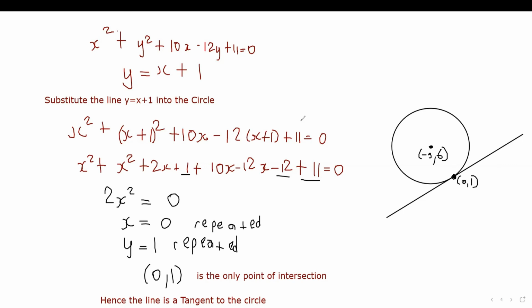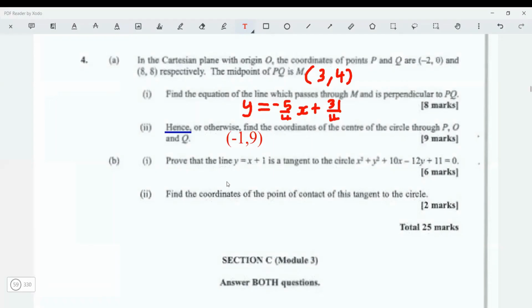Yep. Nice. Moving right along. The next part says find the coordinates of the point of contact of this tangent to the circle. We already did it in part one, in one step. The coordinates of the point of contact of the tangent with this circle is (0, 1). So you might say, sir, why would they ask us about this after we solved and showed it's one point of contact? No, what they probably were expecting